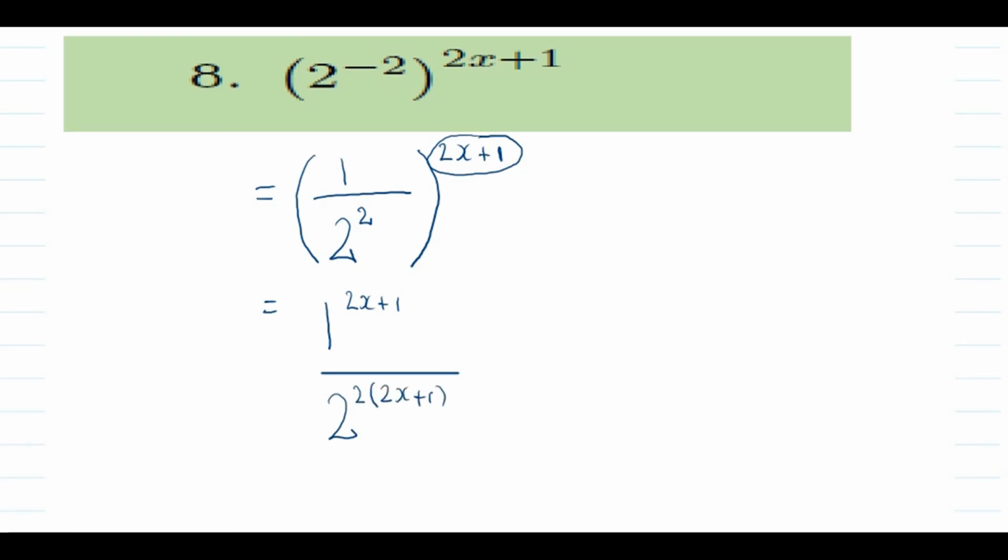Let us simplify this further, okay? If you take 1 raised to anything, so if you take 1 and you raise it to the power of 2, you'll always get 1. If you take 1 and you raise it to the power of negative 1, you'll always get 1 because it's going to be 1 over 1, which is equal to 1, right? So 1 raised to the power of anything will always be 1, okay? So the numerator is always going to be a 1 in this case, right? All over,